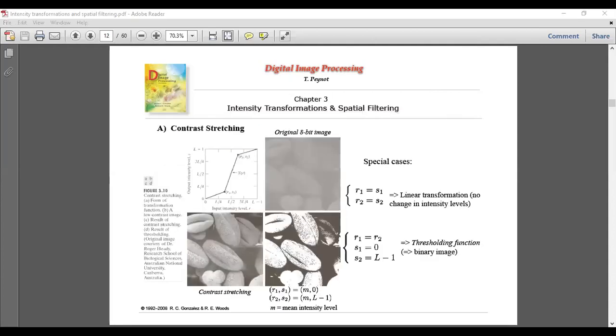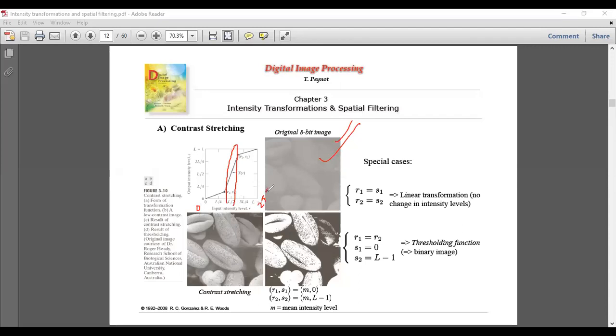Where does that happen? Say here is some 8-bit image. What we want to do is, for some reason, there is a darker background and there are grains. The author is interested in a particular range of intensity. Say this is 0 intensity, and on the other side on the x-axis there is 255.